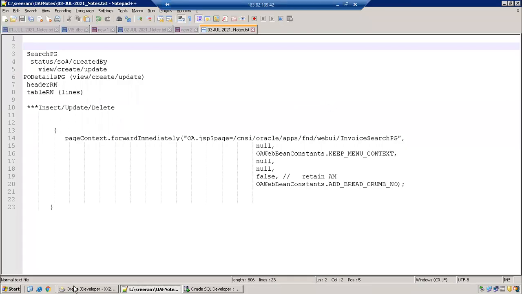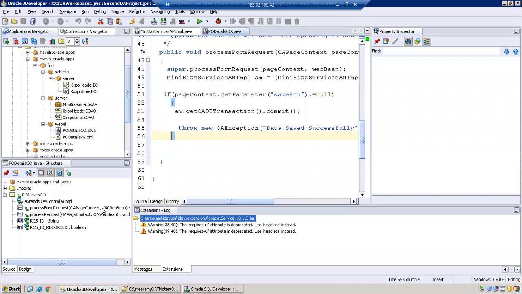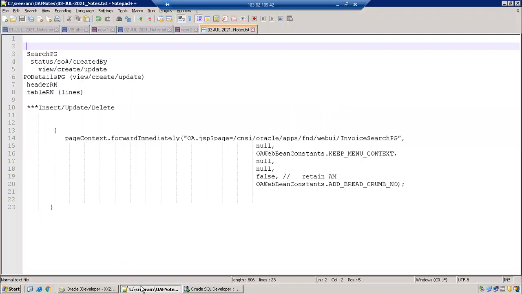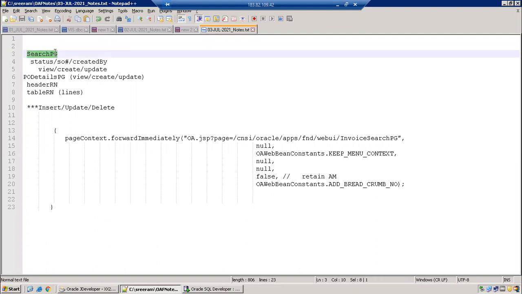Yeah, so in the last session, we discussed designing our pivot details page, in which we finished the DML operation only for the insertion purpose. So today we'll design the search page, and we'll try to navigate between the search page and the pivot details page. We need to have appropriate columns for calling the pivot details page in view mode, create mode or update mode, but we'll do it step by step.